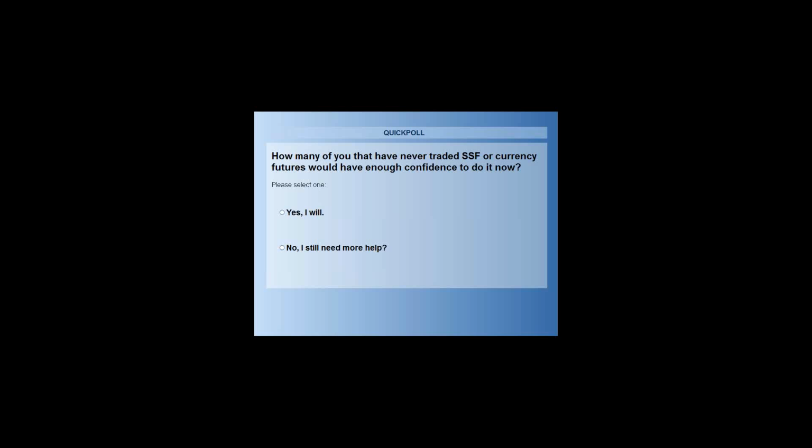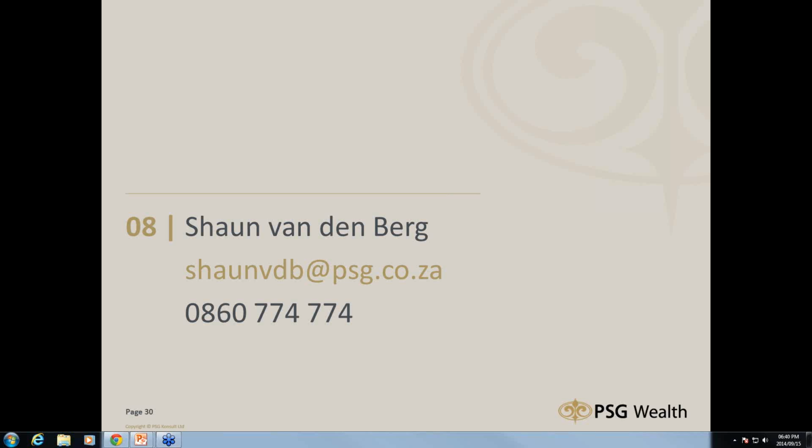What are the advantages of single stock futures? One of the biggest advantages of single stocks over CFDs is that it's cheaper to go short using single stock futures. With CFDs, if you want to go short, there's an additional cost. What do you call it, a scrip lending fee? 1.5% per annum of the value of the transaction, or a minimum of 250 Rand. So that's one of the major advantages of single stock futures over CFDs, that it's cheaper to go short. Ross, I hope that answers your question.